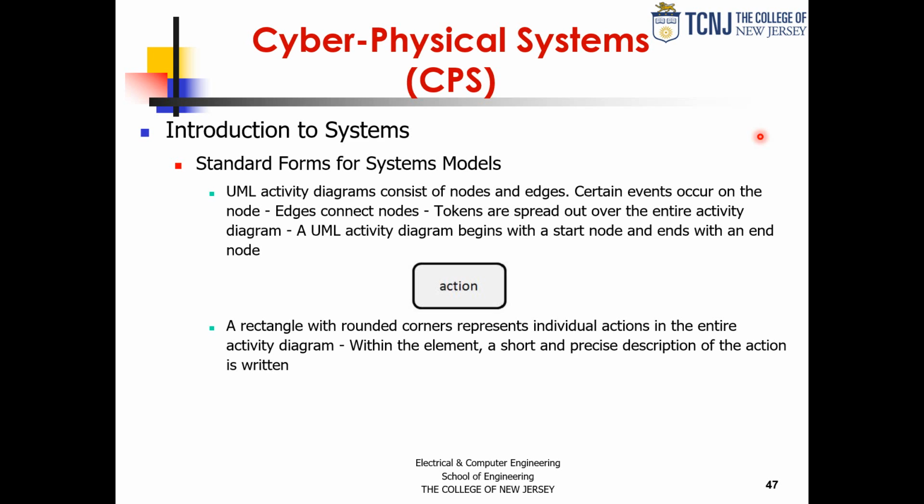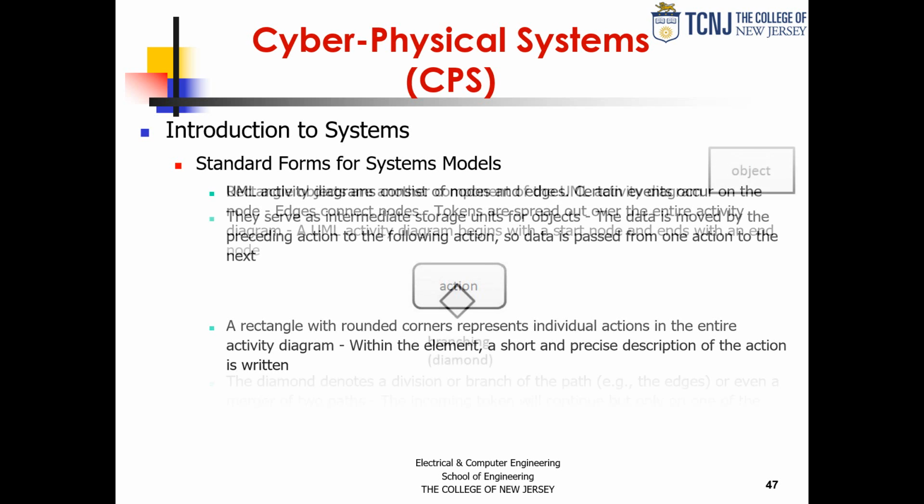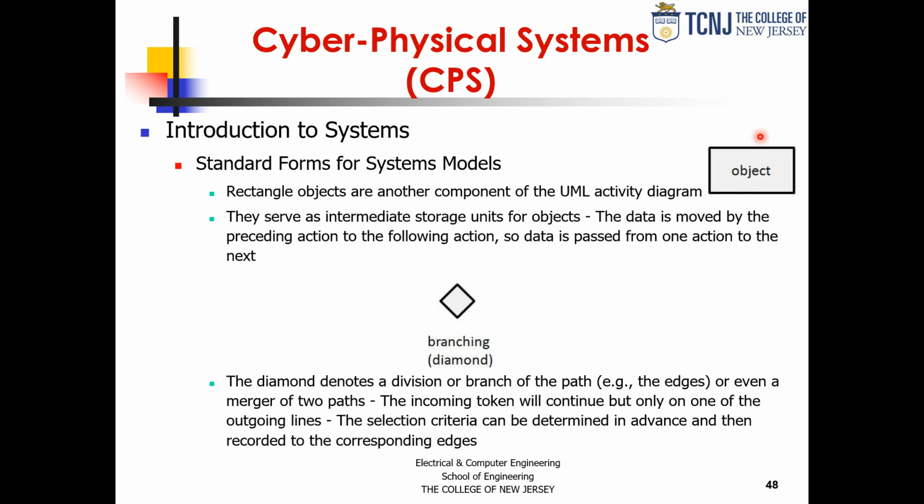Then we have the rectangle, which is an object, a component of the activity diagram. These are sort of intermediate objects or storage of information, so that way you can move data or hold data, so you can pass that data from one action to another. Then you can have the diamond that denotes a division or a branch in the path, or a choice,